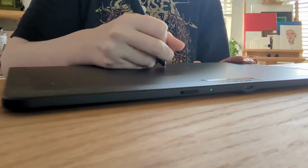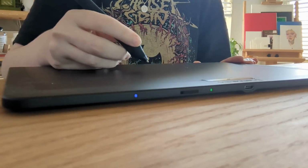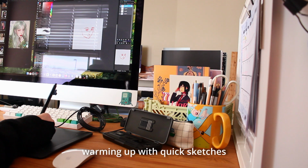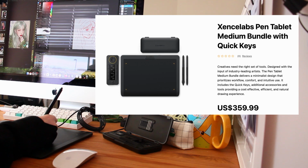Now with everything set up, let's go over some of the stats while I get started on some art. After, I'll start to share what I think of the whole setup while working. So at the time of recording this, the Xencelabs Pen Tablet Medium Bundle with Quick Keys is